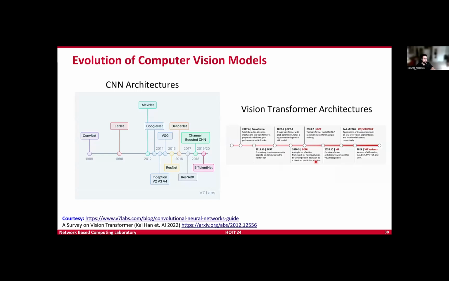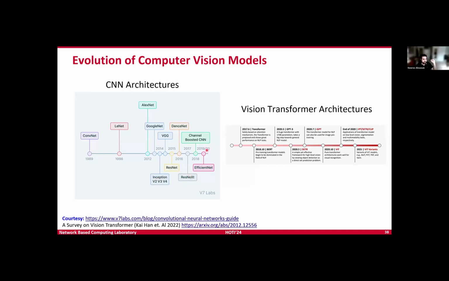When it comes to the architectures used for these types of use cases in computer vision, we have mainly two families of models: the CNN architectures, like ConvNet and LeNet, which came before the 2000s. But around 2012, we got the AlexNet architecture, which really sparked this interest in deep learning and even using GPUs for deep learning. And it performed very well compared to all of the previous methods, mostly machine learning methods, on the ImageNet challenge. And since then, we had more advanced, deeper CNNs like ResNet, EfficientNet, the Inception architecture, and so on.